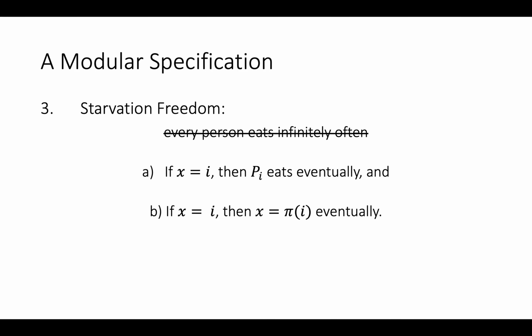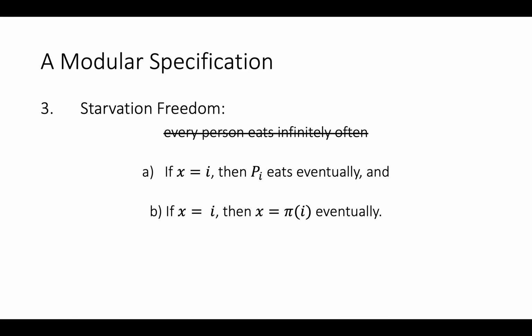The safety properties remain the same. For starvation freedom, consider the shared variable x. For k processes, say x can take values at least from 1 to k. Then we introduce constraints as: a, if x is equal to i, then diner i eats eventually, and b, for some circular permutation on diners, say pi, if x is equal to i, then x is set to pi of